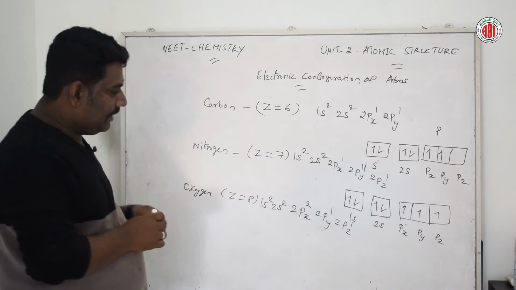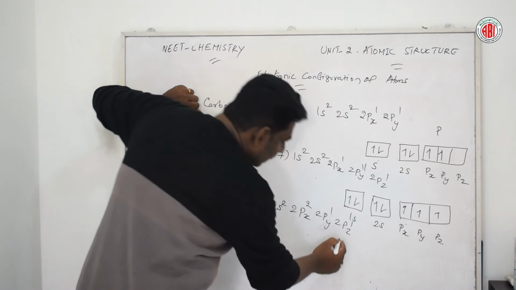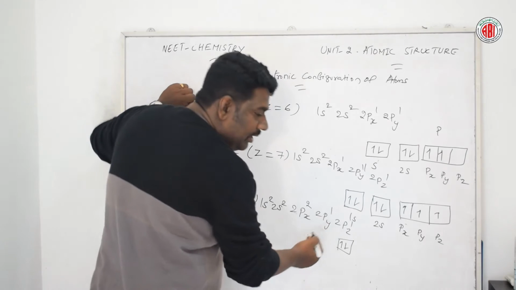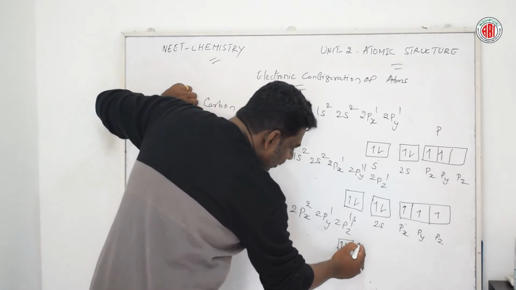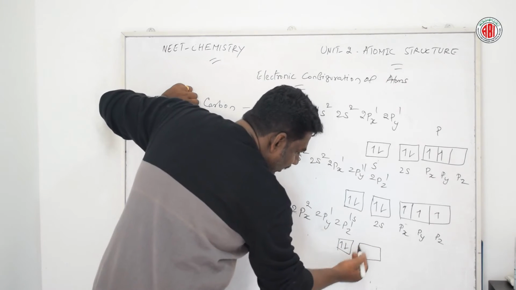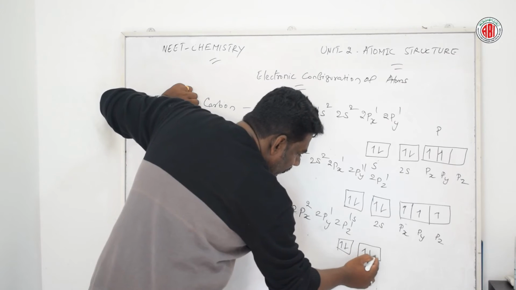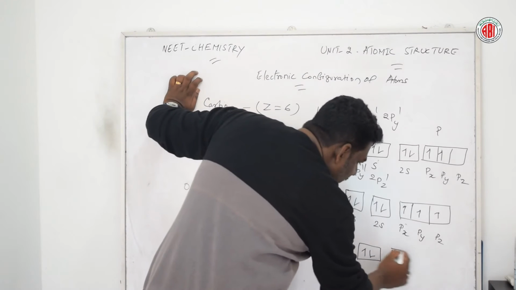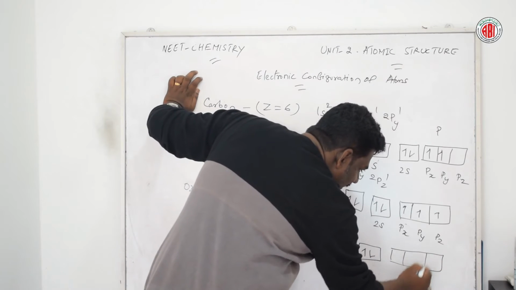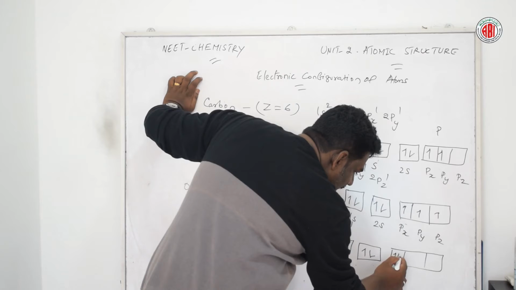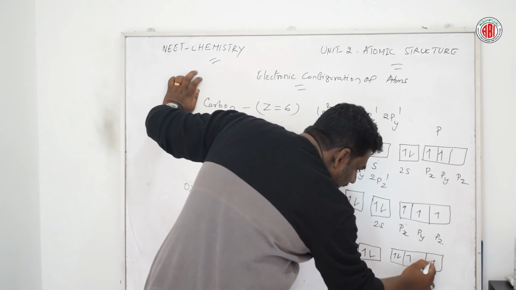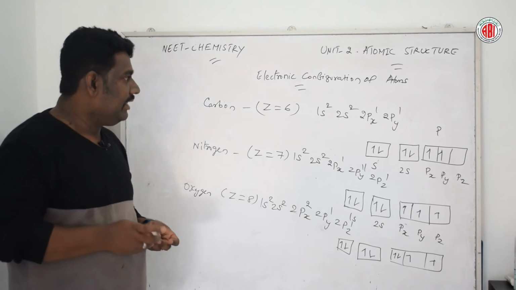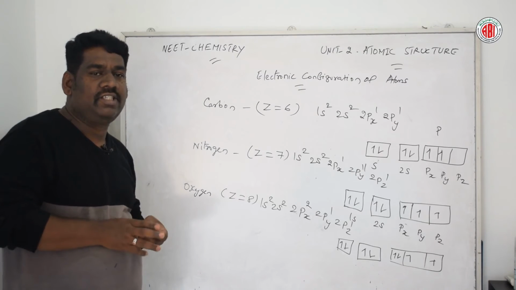By this way we can write the electronic configuration of oxygen. In the diagrammatic representation, similar to nitrogen, the 1s orbital has 2 electrons with upward and downward arrows showing spin, and here 2 more electrons are accommodated in 2s, 2 plus 2 is 4. Talking about p of x, p of y and p of z, there are 2 electrons in p of x, and the rest of the 2 electrons are shared in p of y and p of z. By this way we can write the electronic configuration of oxygen.